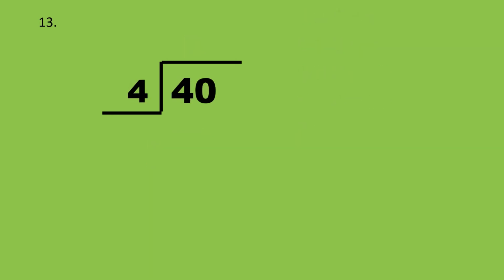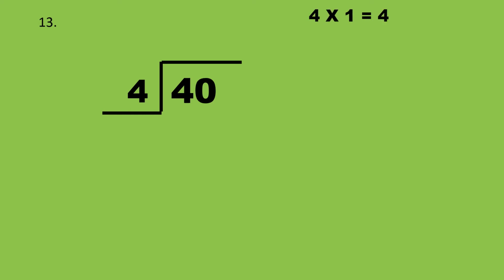Okay, children, now we are going to start with the next question. The next question is 40 divided by 4. So what do we have to divide 40 by? Which table? 4. So we will say the table of 4 till 40 comes. Okay, children, till 40 comes we will say the table of 4. So let's begin and you can repeat after me.